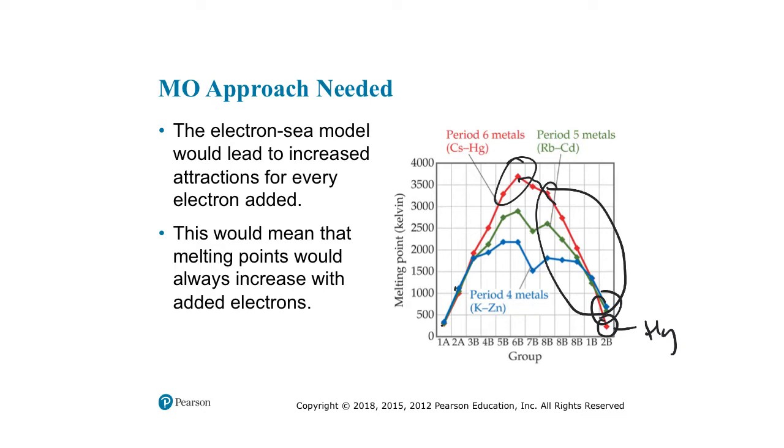The sea of electron model would probably say you have more highly charged nuclei, even more valence electrons, and even more electrons to distribute around those nuclei. That the sea of electron model would probably suggest that the melting point should have just increased from left to right through this series. If we start thinking about the idea of the overlapping of the metal orbitals, now I